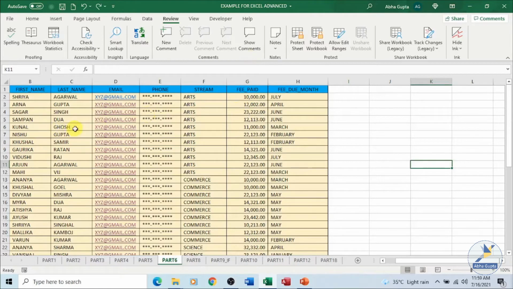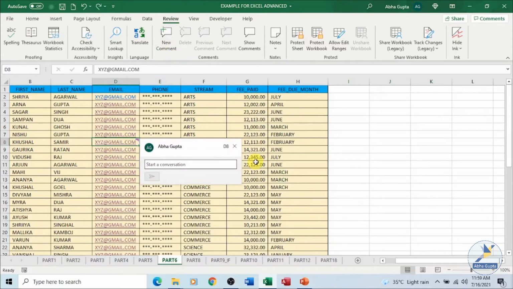For example, I want to add in a new comment. This is this particular record number 8 over here, the row 8. We have an email ID. Just select a cell wherever you want to add in a comment. Click on new comment option. A small box will open for you, and you can see on the upper right hand corner of your cell a mark has been placed that a comment is being added over here.